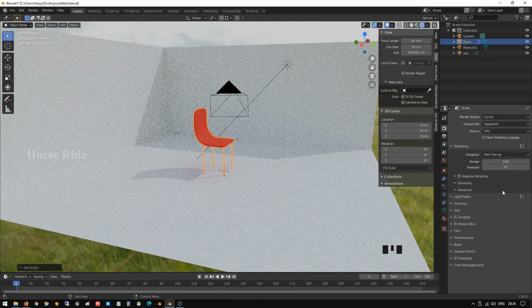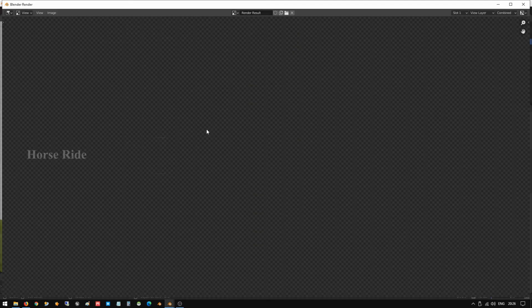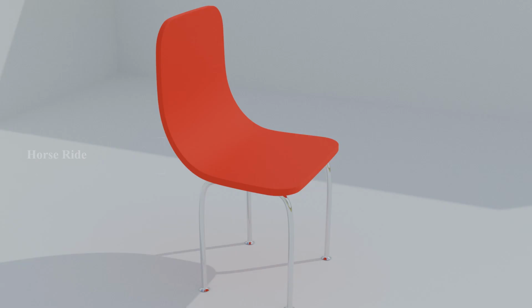So it will render the image part by part, and it gives really nice clarity. Once it's done, I will continue. Yeah, once it's done, I will put this image in the first view in the thumbnail, so you can view the same. Bye bye.